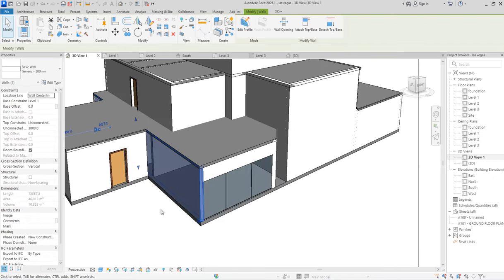Come to the level 1. Adjust this one to go inside. Unjoin the elements if that should be the case. Select this and say create similar. So from here you draw it and you bring it out. It is here now. Trim and let them connect. So go to 3D view. It's being done.